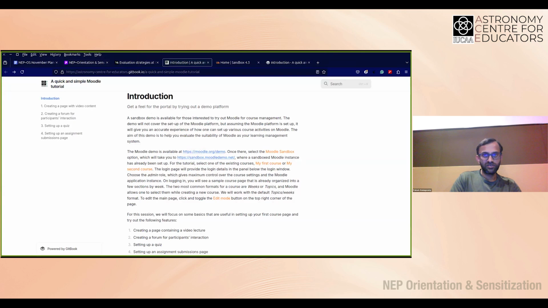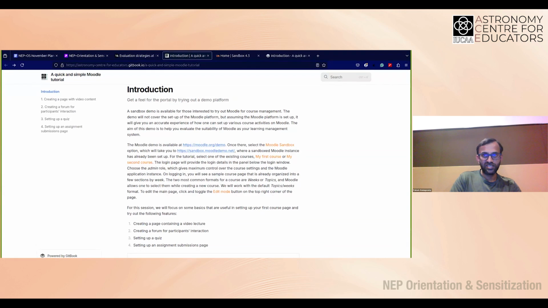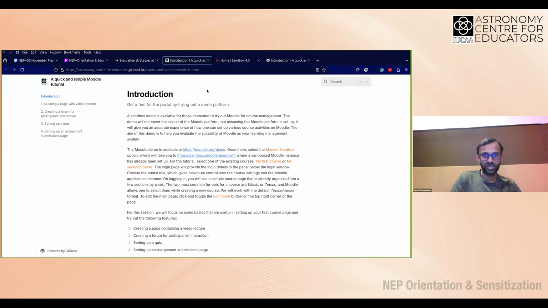So one of the other great things about Moodle is that it offers people who want to explore this platform a way to try it out as a sandbox, which is essentially an application that is running online, but it is cut off from the main site.